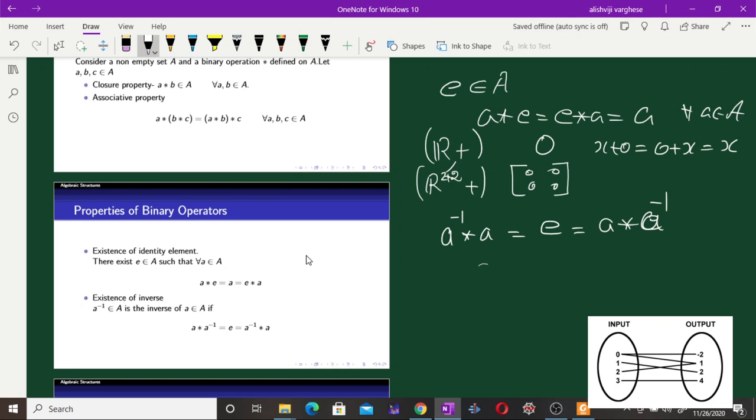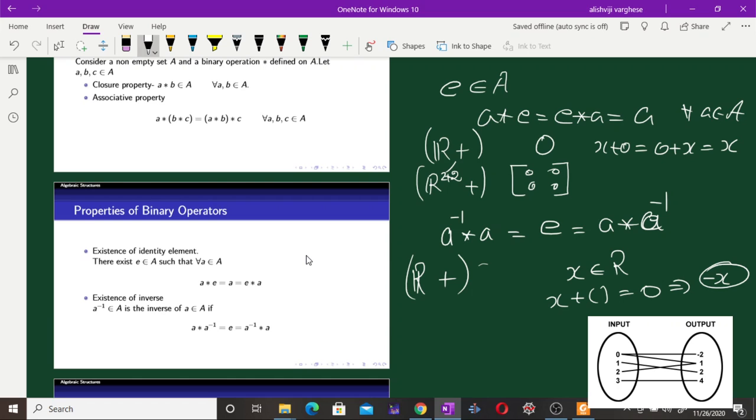Anyhow, if you consider the same R, the set of all real numbers together with addition, and if you take an element x belongs to R, then we are looking for the inverse of x. So we are looking for an element such that x plus something equals 0, and that means that something is equal to minus x. So minus x is the inverse of x